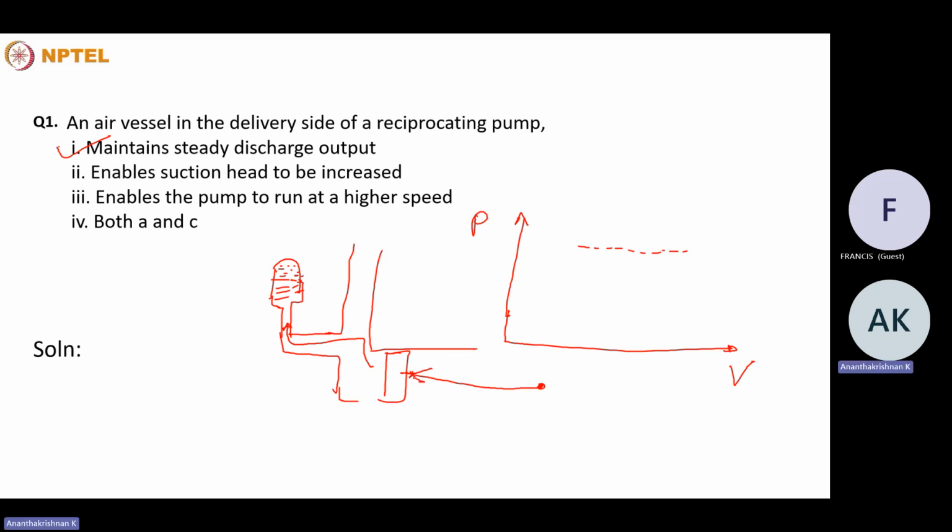So this is the return stroke. Initially the piston will be accelerating. During the accelerating time, if this is moving in this direction, the inertial forces will be acting in this direction, and as a result, the actual pressure which is being developed by the pump will be very less. To compensate that, the piston increases the pressure inside the cylinder, and because of that, the initial pressure